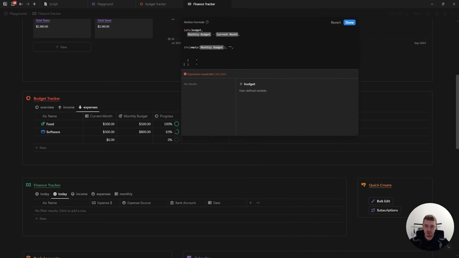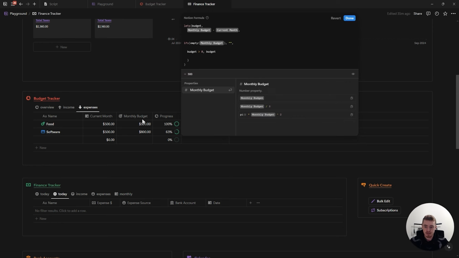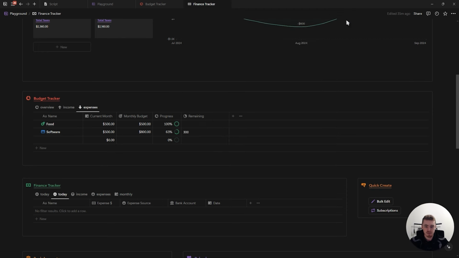I'm also just going to delete this. And then here we want to say if the budget, which would be this variable, so if the difference between the monthly budget and current month is greater than 0, then show the budget variable, which would be the difference between them. So if this monthly budget is not empty and it is more than the current month, then show the difference between them. That's essentially what this part is. So if I click on done, then this one will show 300